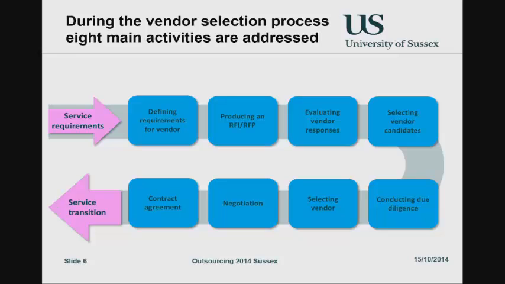Then we need to think about producing a request for information, request for a proposal. The distinction, I'll put that together in a moment, is a formal approach to find out what they can do for us in some detail. You might have seen the request for a proposal as a request for quotation. That's also commonly used. So requirements: produce an RFI, RFP. They do some work, and in a big contract,